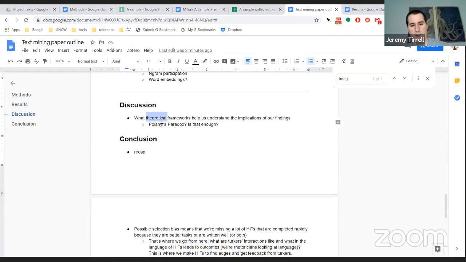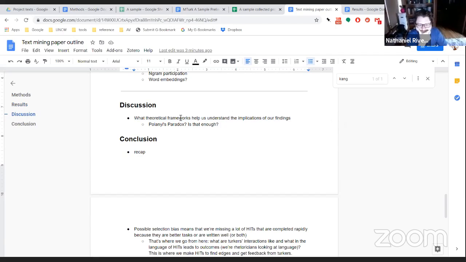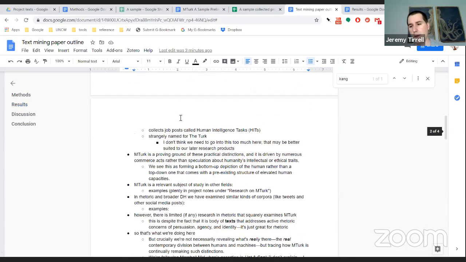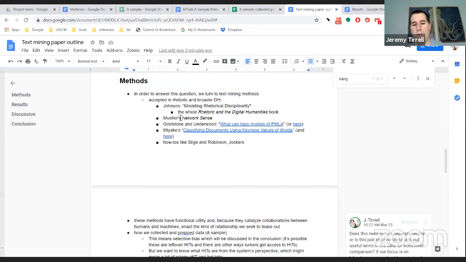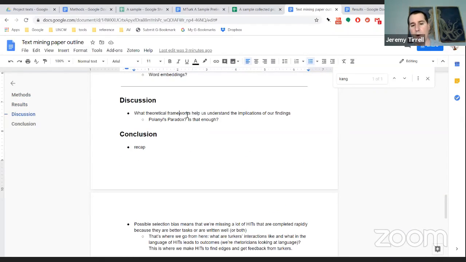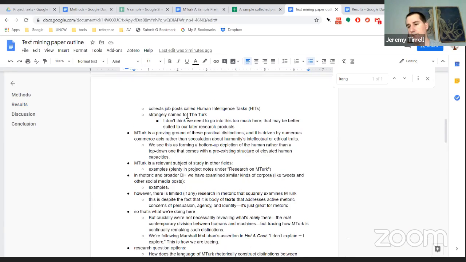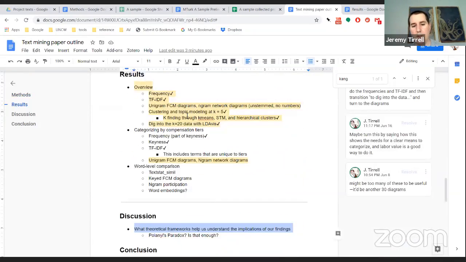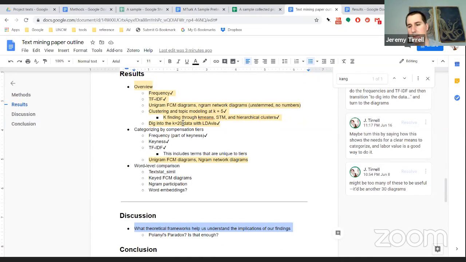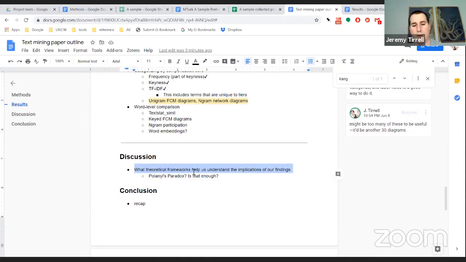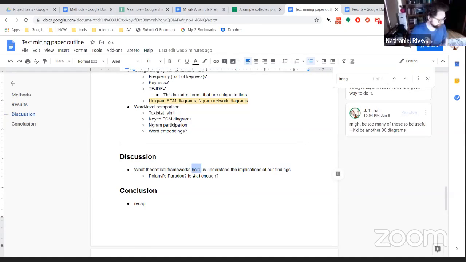moving forward, if you start thinking about the discussion, I mean, the discussion and the intro are linked entities, because what we find in the discussion, how frameworks help us understand our findings, how they tap into a larger theoretical context, how they let us know what this means. Once we have this in the discussion, it's going to be set up in the intro. So, if you can do those two things, identify results that should be folded in and start thinking about these larger theoretical issues of how do we interpret